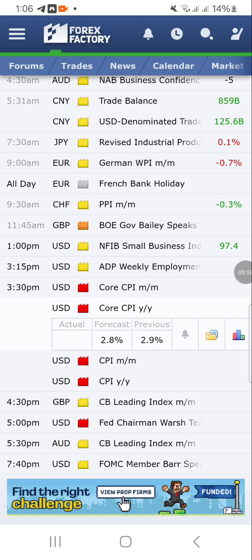What will it indicate? If the number comes out lower than the forecast, it will indicate that there is less inflation. People are spending less money on goods and services. What will it mean? It will send to the central bank a signal that, okay, you can do this, concerning what I explained on M-o-M. So use this information to trade.